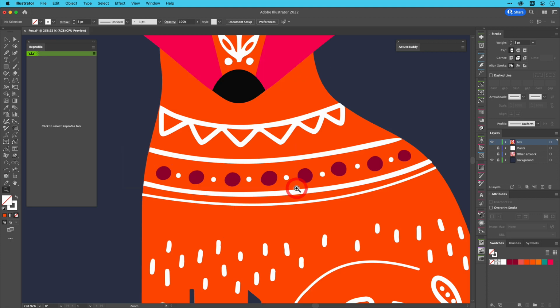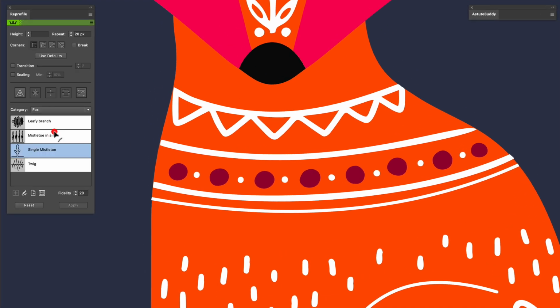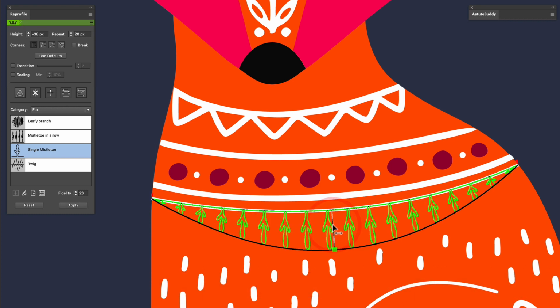In this tutorial, two related panel options will be explored: transition and scaling. With this artwork, I will drag out a single offset marker on this open path. As there are no markers at either end of the path, the repeating selected profile forms a curved transition from 0 offset at the ends to the maximum offset in the middle.